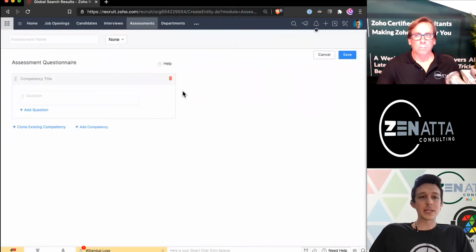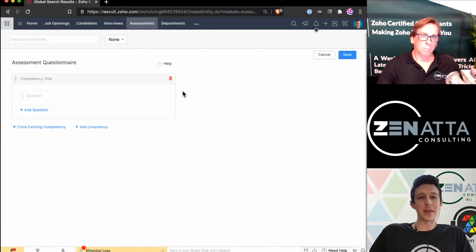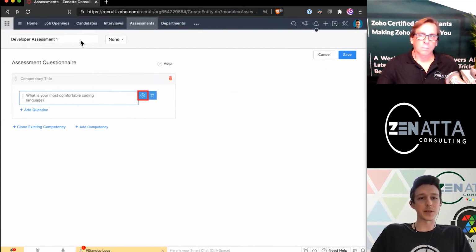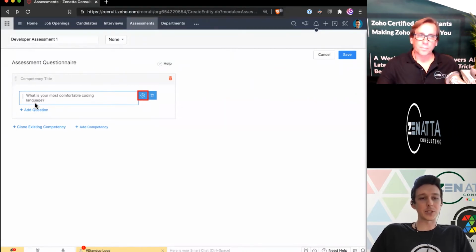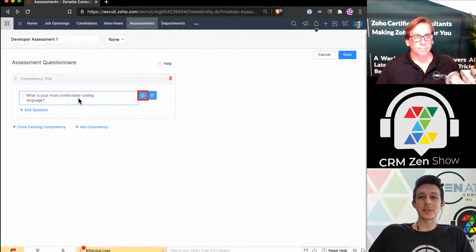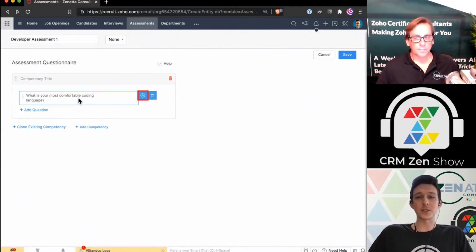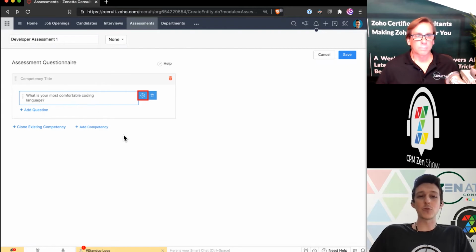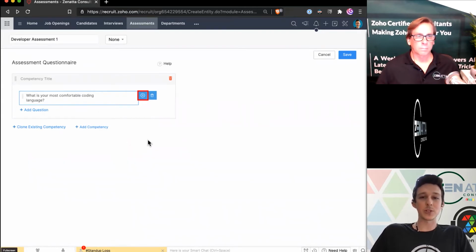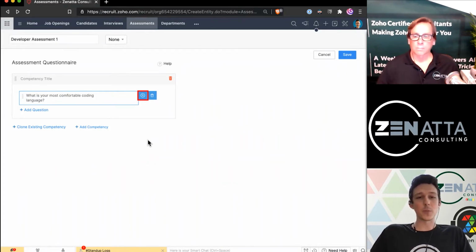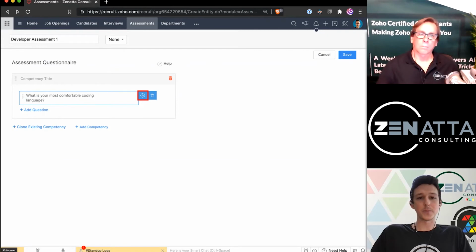And so now we have a blank template here for us to go ahead and make that assessment. And so we'll get started by just giving it a name. This is our developer assessment here. I've dropped in a quick question under our first competency for what is your most comfortable coding language. Now, I do want to highlight, you could make these assessments like a quiz question with a right or a wrong answer, or you can make them kind of general or do a mix of both, right? So though there's no wrong answer to what your most comfortable coding language is, I still do care about what that answer is. And so if I go ahead and open up the settings here using the little cog,